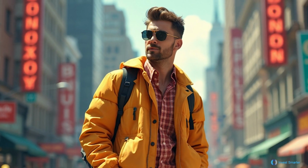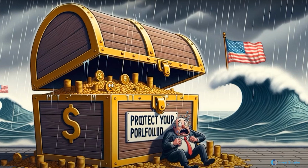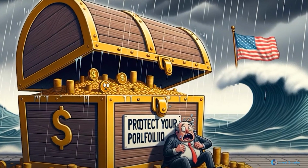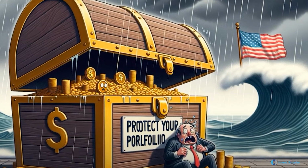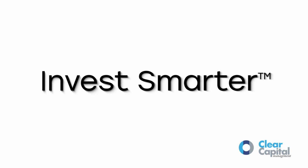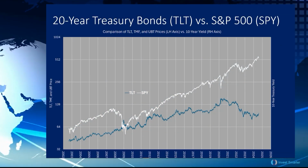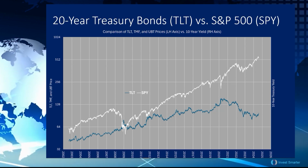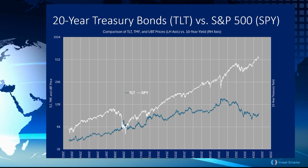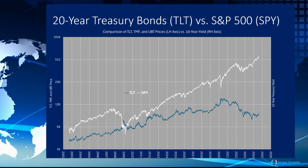As I discussed in my video 2 weeks ago, there's a fairly safe way for you to make 50% to 100% or even more on a 1 to 3 year long trade using safe U.S. government Treasury exposure. U.S. government Treasuries are thought of as boring, low return, but very safe investments. But in this case, they're presenting a rare opportunity to make very good returns while protecting your portfolio from downside